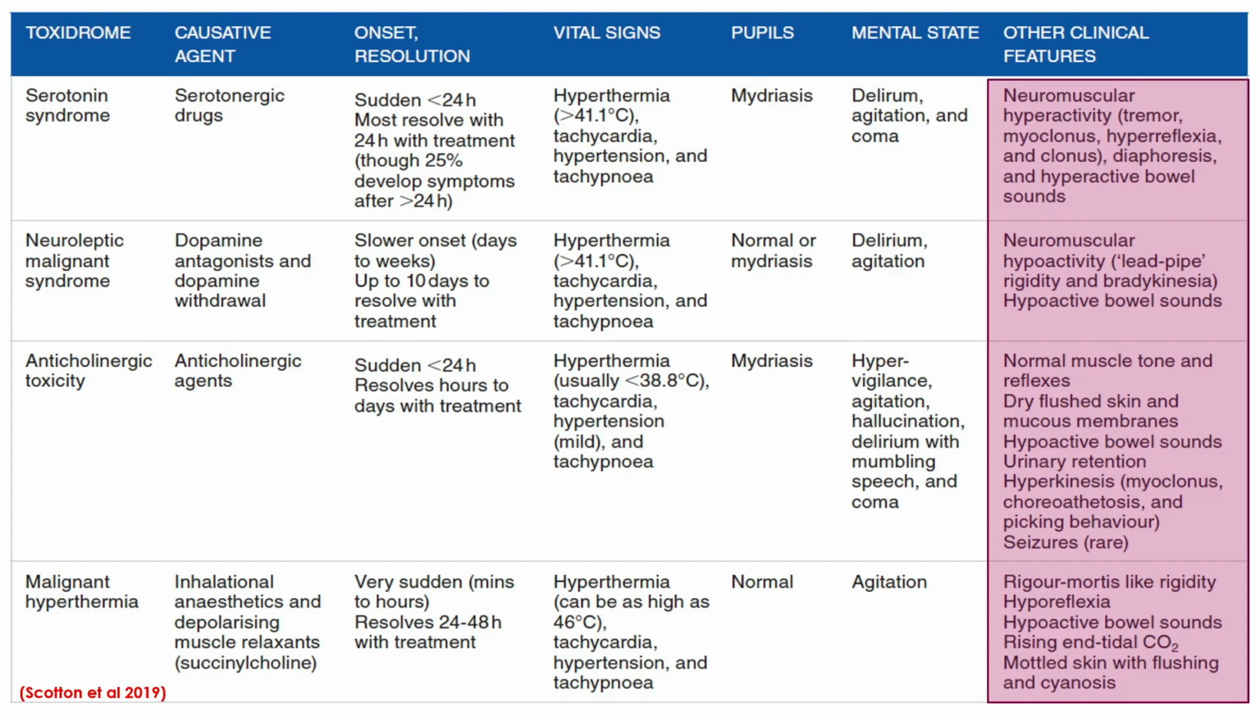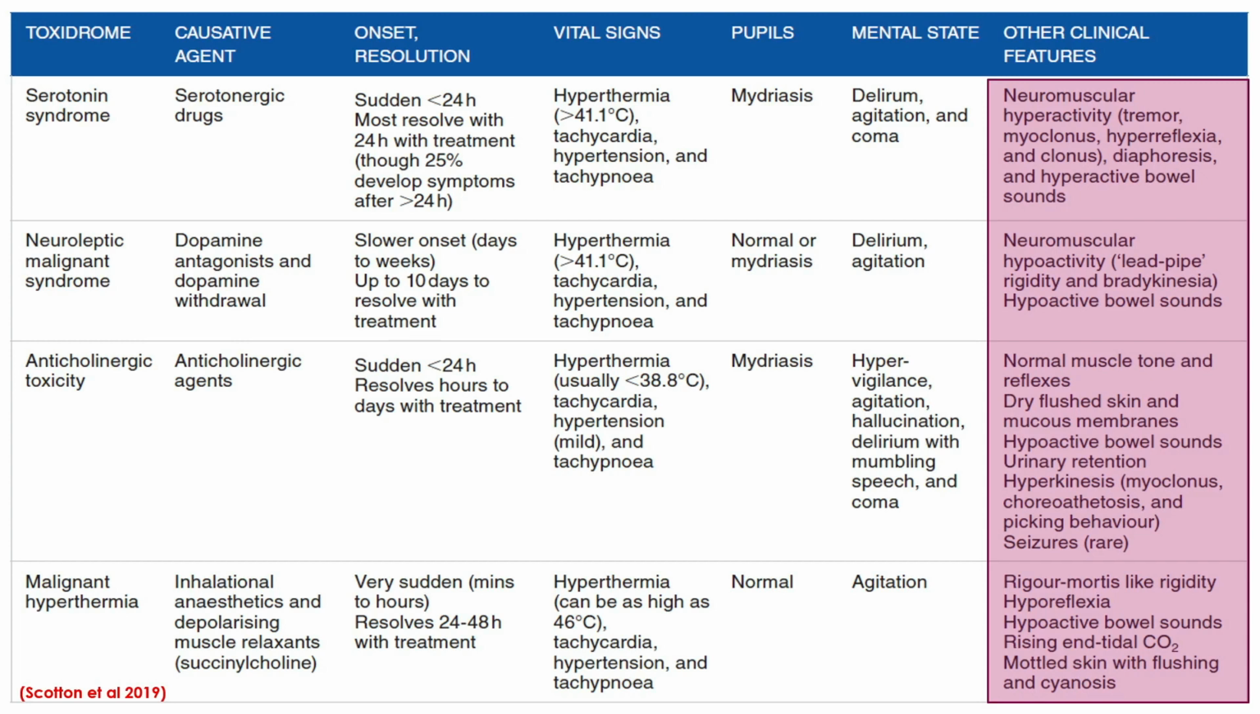In serotonin syndrome, there will be hyperreflexia, tremor, myoclonus, clonus, and increased GI activity, which is the hallmark of serotonin syndrome. However, in neuroleptic malignant syndrome, rigidity, bradykinesia, and hypoactivity are common. Whereas in anticholinergic toxicity, normal muscle tone, dry flushed skin, hypoactive bowel sounds, urinary retention, hyperkinesis, myoclonus, and seizures can